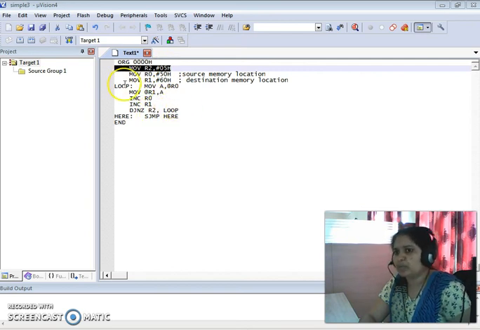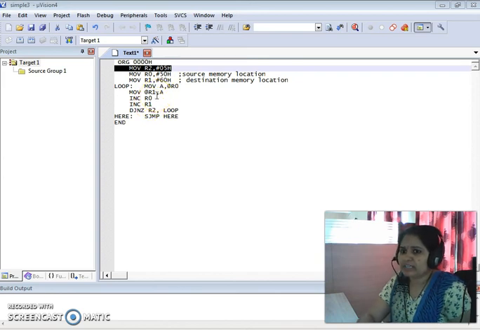So it is not 0, so again it will go to the loop. It will not go to the next instruction. In the loop, again the same instruction happens. Now R0 is pointing to the 51H memory location because we have incremented the content. Whatever is the content available at 51H location is transferred to the accumulator, and then the accumulator contents are transferred to the 61H location because R1 is also incremented to 61. So now the second memory location contents are transferred to the next memory location.